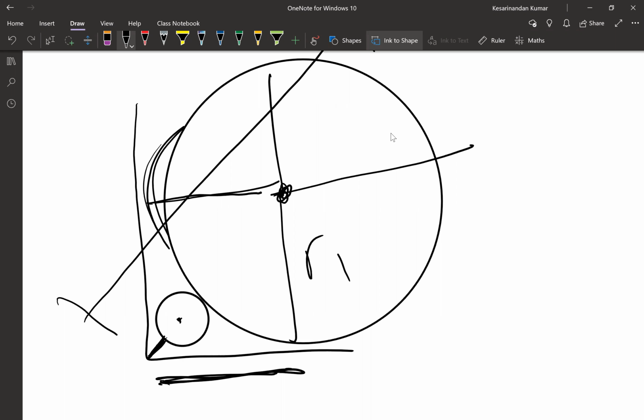See, in geometry, you will find so many types of questions. The important thing is knowing the approach: in what type of situations, how to solve. It's not like speed, time, and distance, where there are only 2 or 3 templates on which questions can be set. In geometry, the world is endless. So basically, what I'm trying to fix is quite some templates as to how to approach some questions. That is the main important thing in geometry.